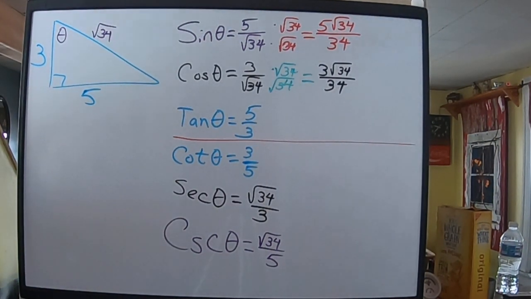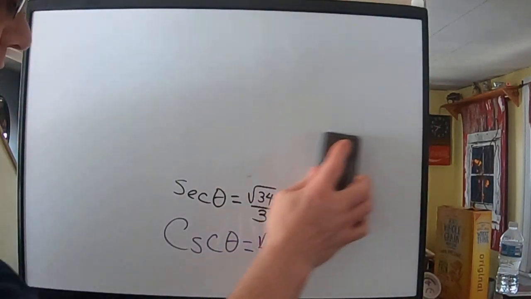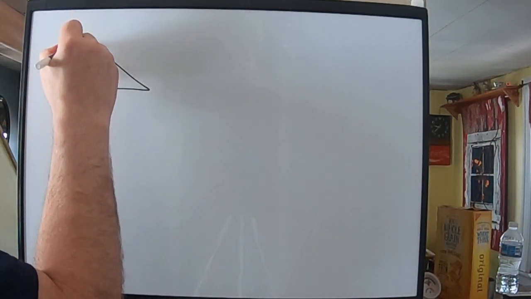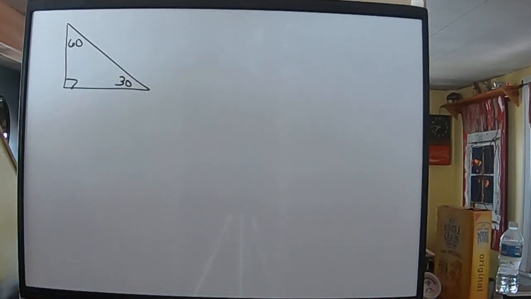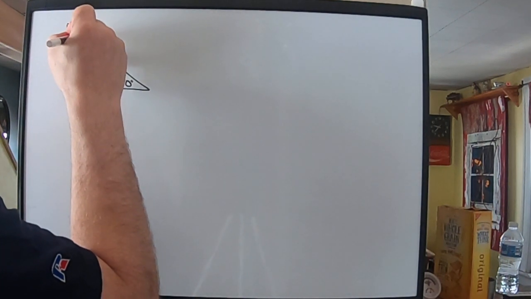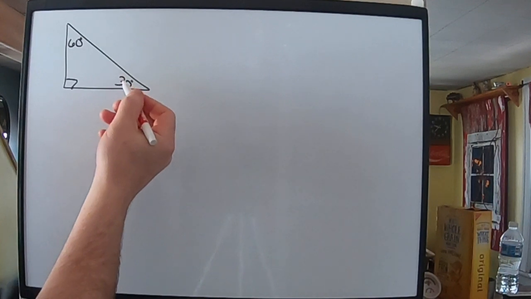The next topic that we're going to hit is special right triangles. Now there are 2 special right triangles. There's the 30, 60, 90 and the 45, 45, 90. So if I'm working with a 30, 60, 90 triangle, these are degrees, then the way this is set up, the side across from the